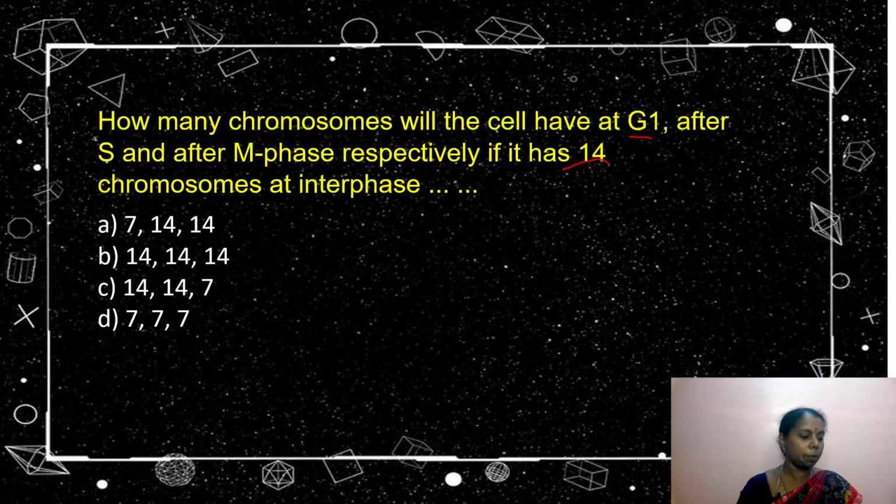Excellent answers by Kalpana, Arvind Shah, Jeevan for the previous one. For this one, Jeevan, Kalpana, Tarunika, Vaishnavi and Lakshita answered. Excellent. Yes, it is 14 in all the cases. As you all know, they have asked only the chromosome number, not the DNA, so it is not going to change in mitosis. It is going to be the same 14, 14, 14 in all phases of the cell cycle as well as M phase. Excellent answer, children.